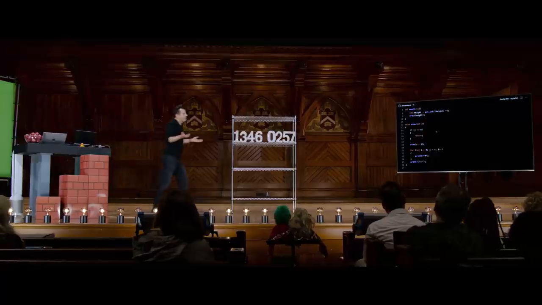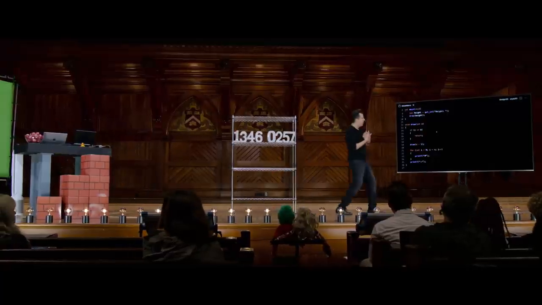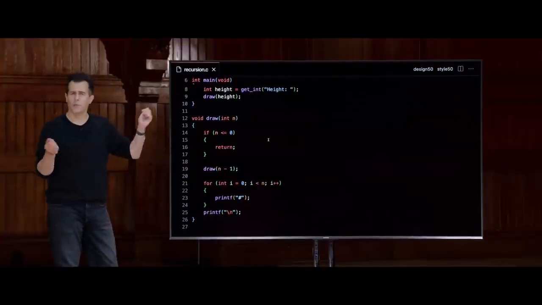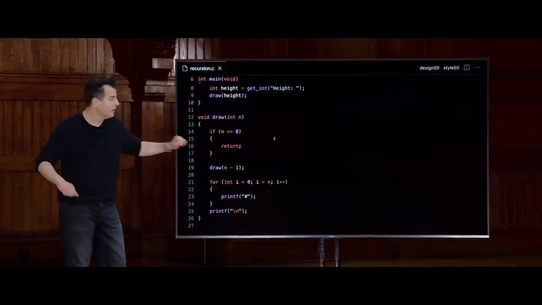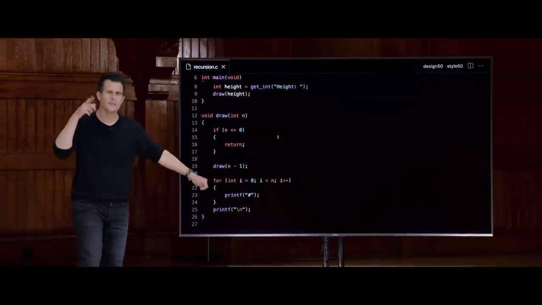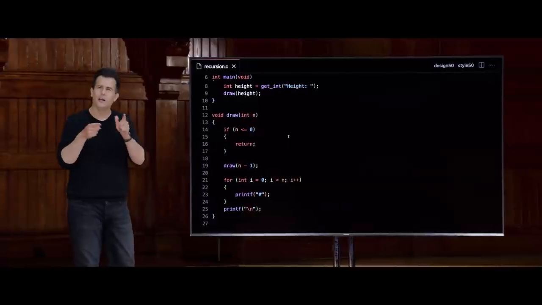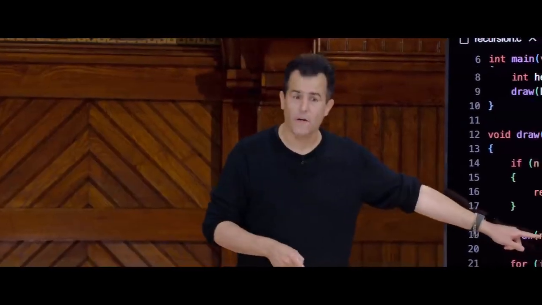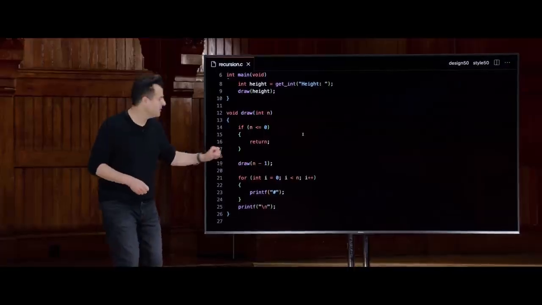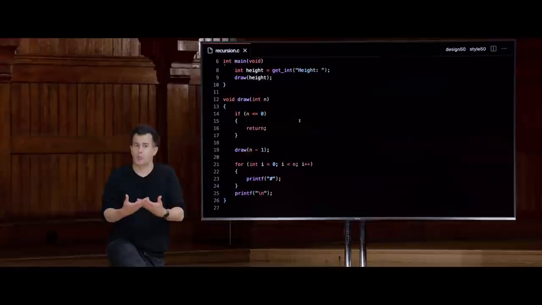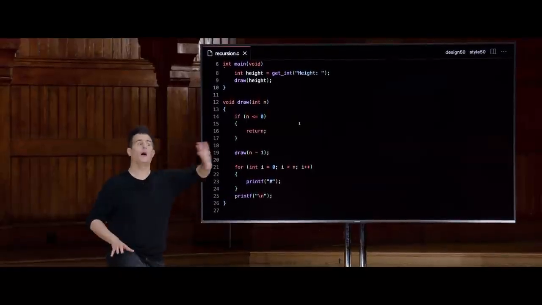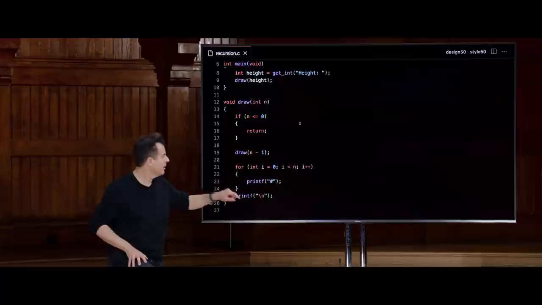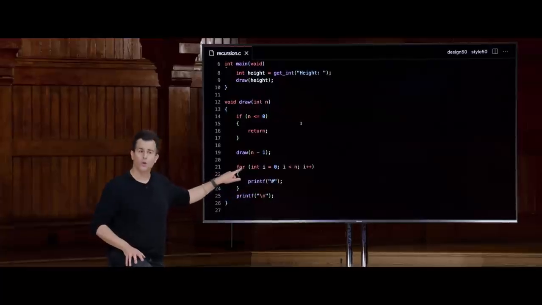I feel like I haven't even solved the problem that you asked me to solve. One, I plucked off this arbitrary problem. If you want no pyramid, fine. No pyramid it is, return, without doing anything. Then I'm sort of cyclically saying, well, if you want a pyramid of height n, just go draw it yourself as a pyramid of height n minus 1. But then the last thing I'm doing, and this is where the magic actually happens, I am also saying, once you're done doing that other thing recursively, give me one final row.